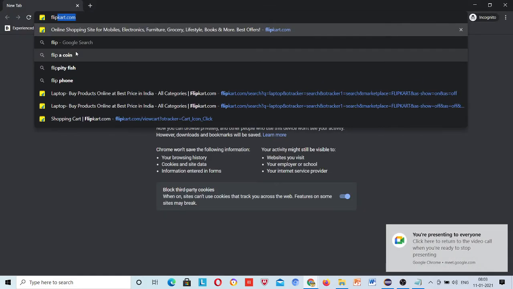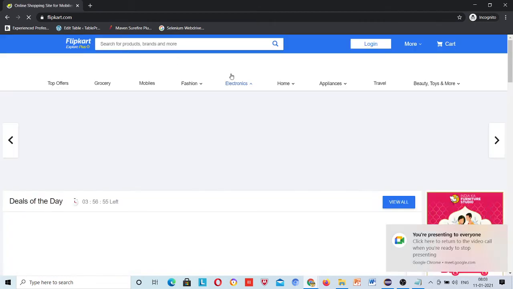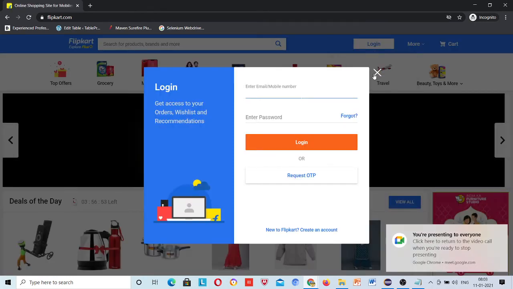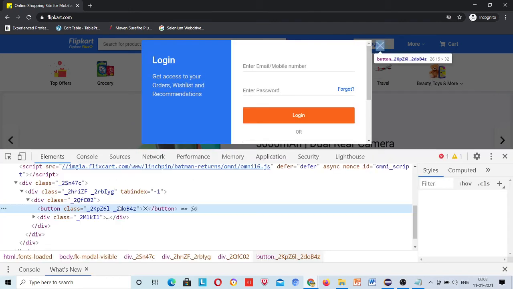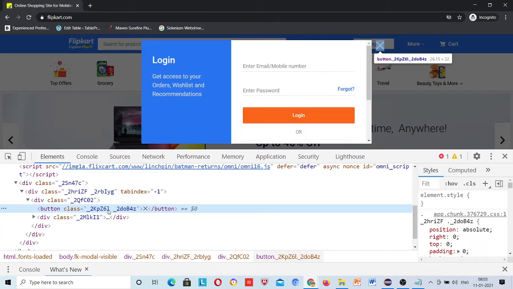So in that case I will first write a locator for it. Once I come here and close this, right click and inspect, and then quickly write code for closing it. Button is the tag name, right, and class is this.